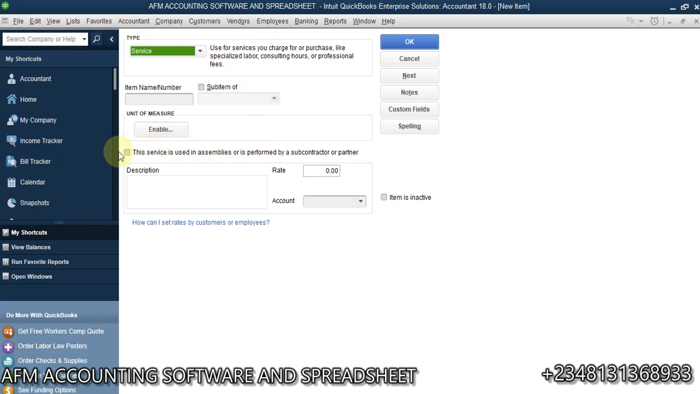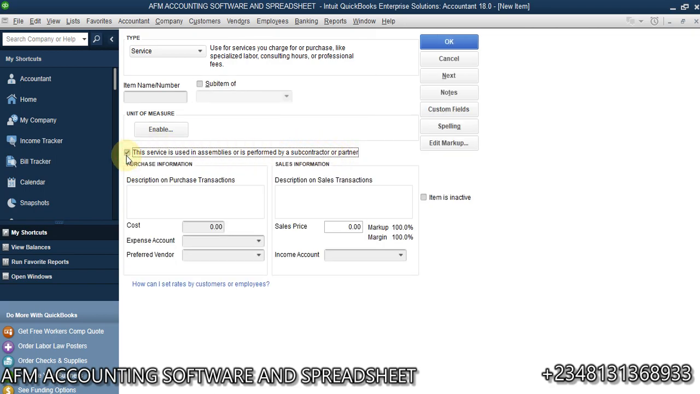Now if you look at this place, very important, this service is used in assemblies or is performed by a subcontractor or a partner. I'm going to enable this feature because I want to relate it to a subcontractor. In the purchase information, it depends on whichever transaction you are into. So let me just say contractual agreement or contract,